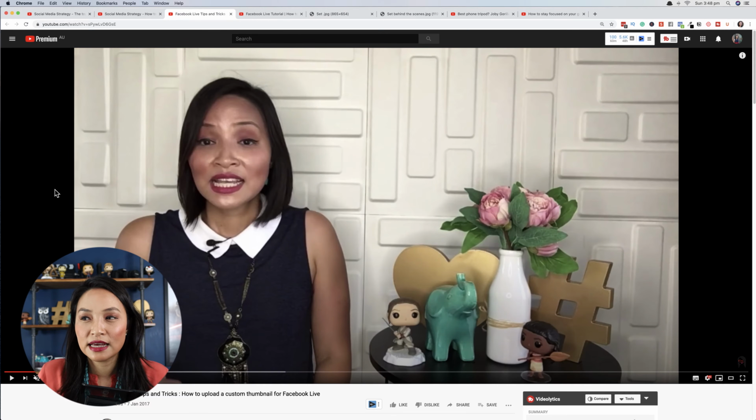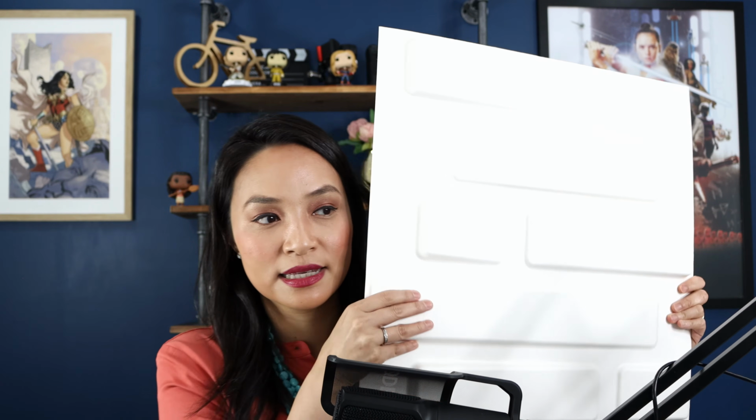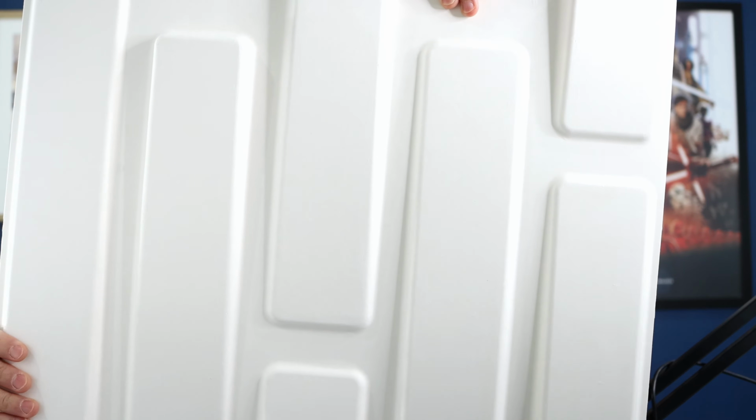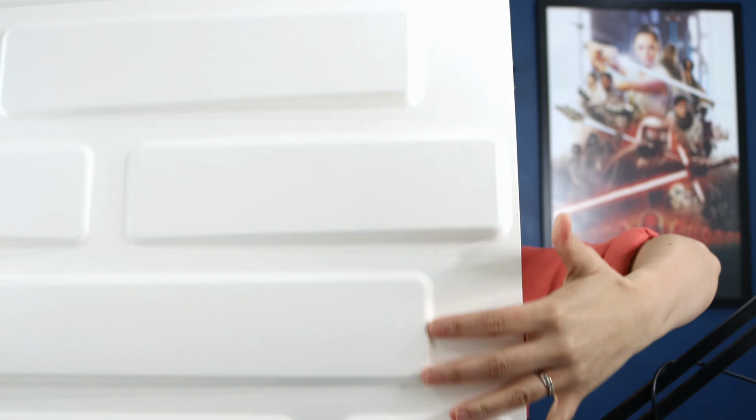So you can see that there are these white panel-y things. I'm going to switch back to me, and then I need to remember to come back to the camera. But what you saw there was what you see here, right? So this is blowing out a little bit. These panels, they're textured, so they're 3D, and they come in all sorts of patterns. So this one just happens to be this brick one, but I've also seen them come in like waves and a whole range of patterns. And they're squares, as you can see, and they come